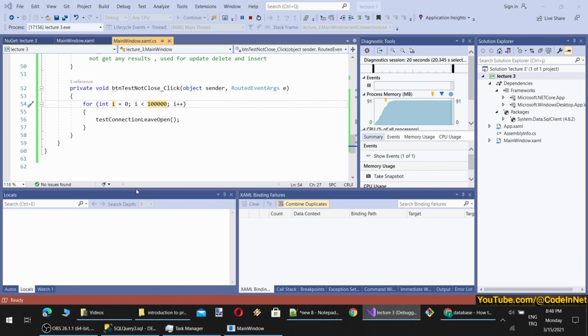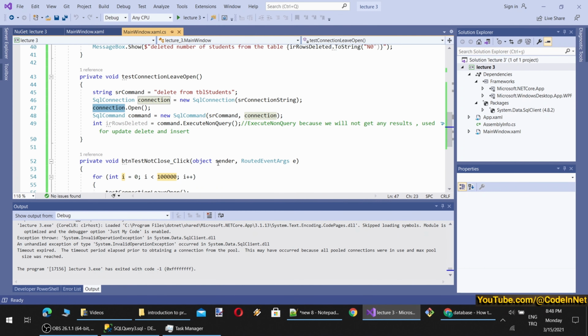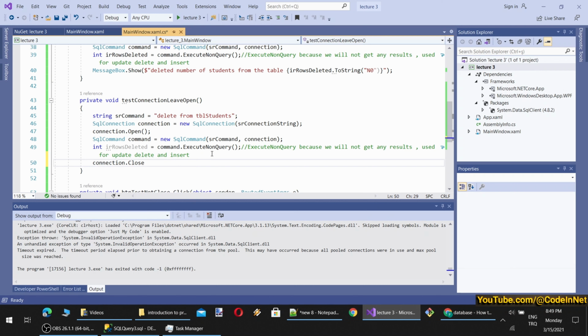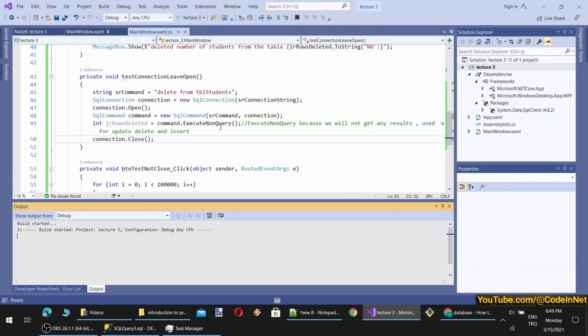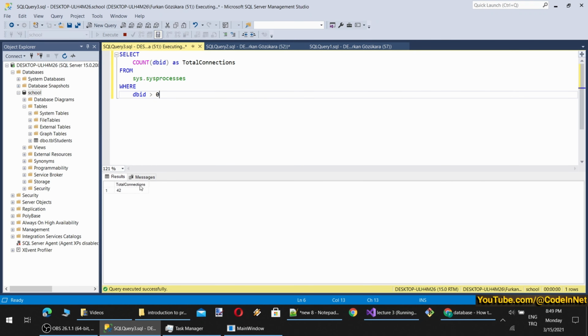Therefore, what do we need to do? Okay, what can we do? Either you have to close all connections after you have opened them, or use the same connection object. But in my applications, what I do is, after the command is executed, I close the connection like this. So let's retry and see if any problem occurs or not. Okay, 41. You see 42, 41, 42, 41. Why? Because it is opening a connection, executing a query, and closing it.